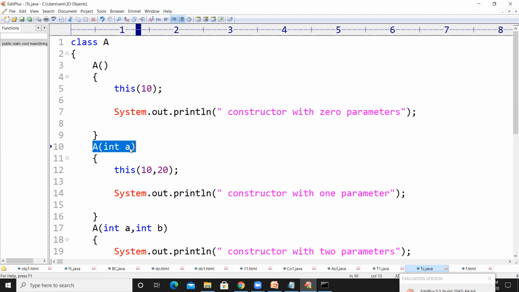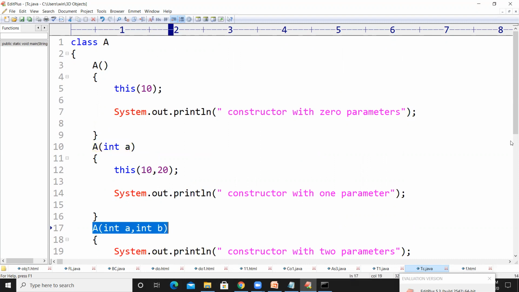So the control goes to this constructor. And there, the first statement is this of 10 comma 20, which means again we need to find the same class constructor which takes two integer values as parameters. Then the control comes here.